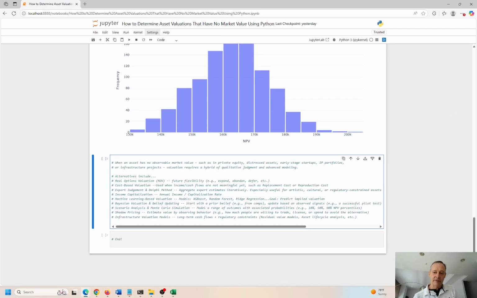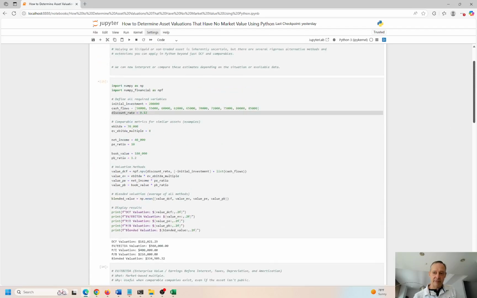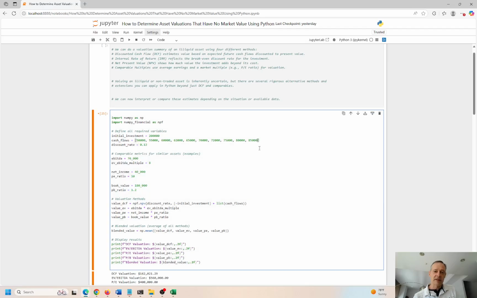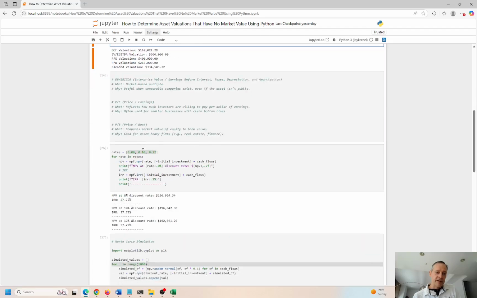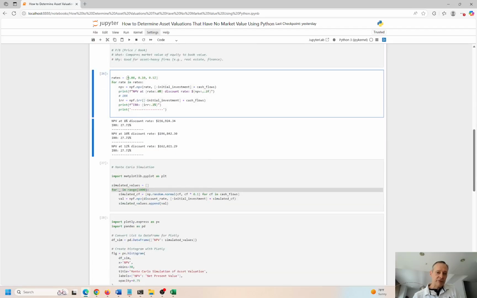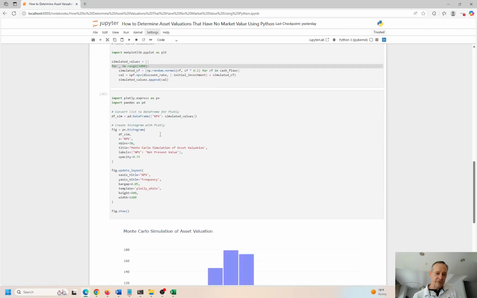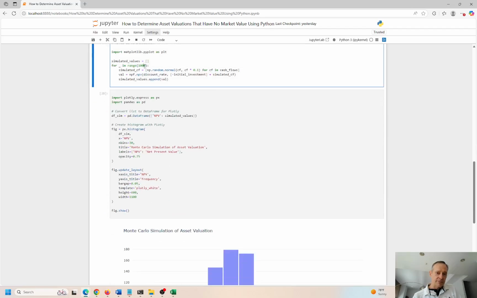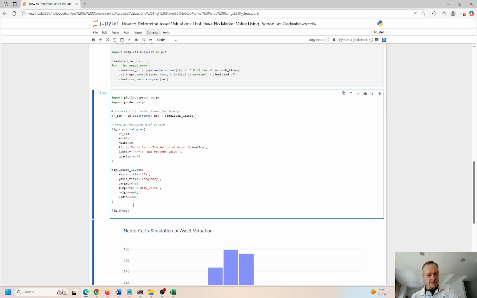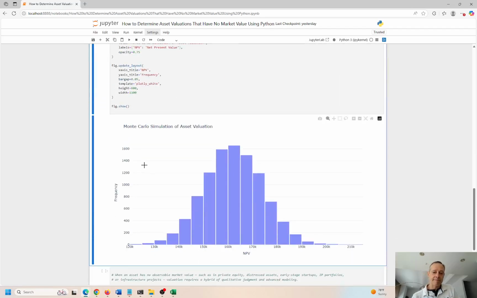And by all means, mess around with the numbers over here. Add a couple more cash flows. Make it 12 years, make it 20 years. Check out different interest rates, and change the interest rates down here. That's what the scenario analysis is for. And add more simulations here. I can add one more. I can go from 10,000 to 100,000, rerun this, and see what the outcome is going to be.